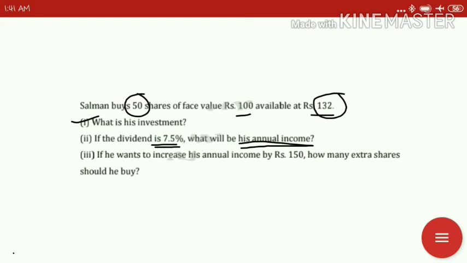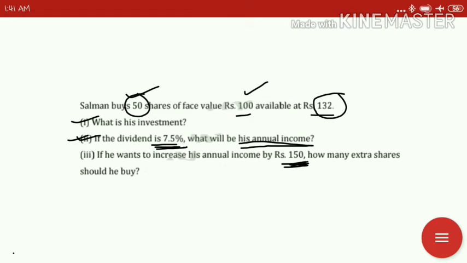You know the formula: the dividend equals the total number of shares, that is 50, the face value, that is 100, and the rate of dividend, that is 7.5%. By putting them in and doing the calculation, you will easily get the annual income. If he wants to increase his annual income by rupees 150, whatever annual income he got in number 2, if you want to increase it by rupees 150 more, you have to add those two numbers,